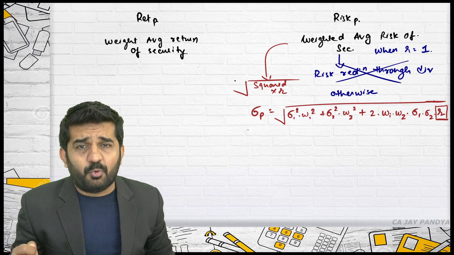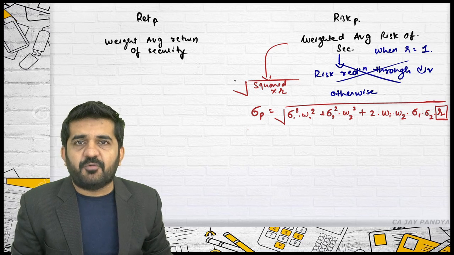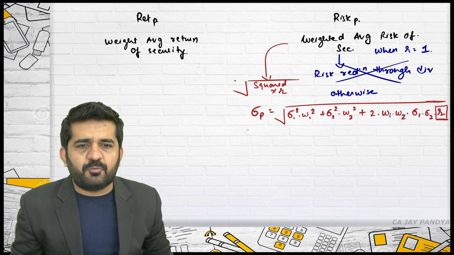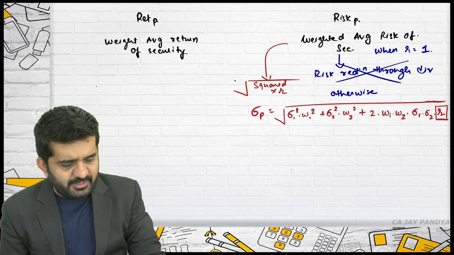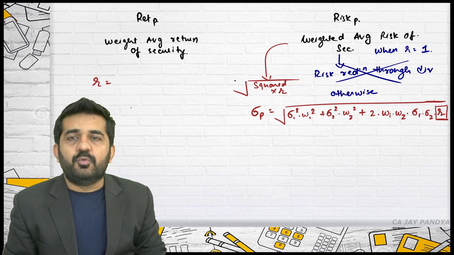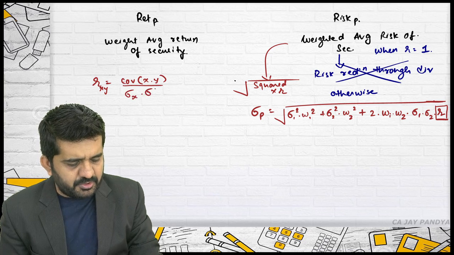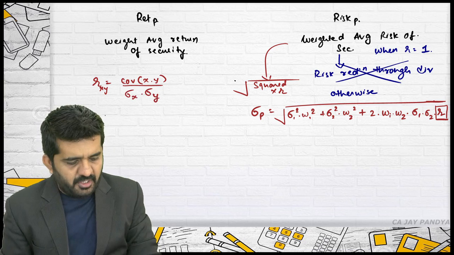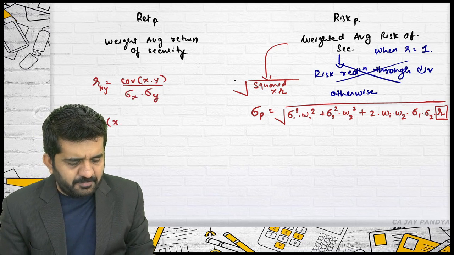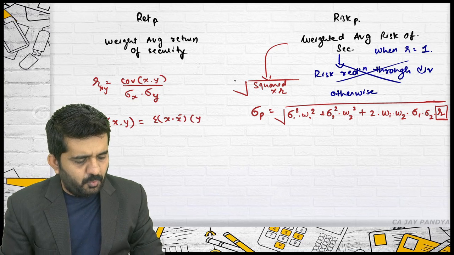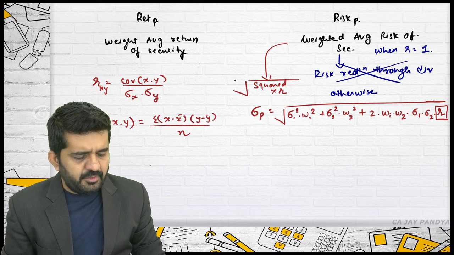Whether we have done correlation or not, we have learned some of the concept of R. Yes or no? Yes, sir. We have already learned the concept of correlation. Then let us also revise that. Correlation between two variables x and y is denoted by covariance xy divided by standard deviation of x into standard deviation of y. Where covariance between x and y is denoted by sigma x minus x bar, y minus y bar upon n.